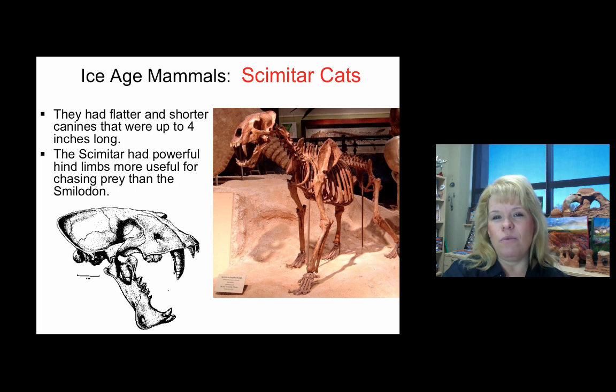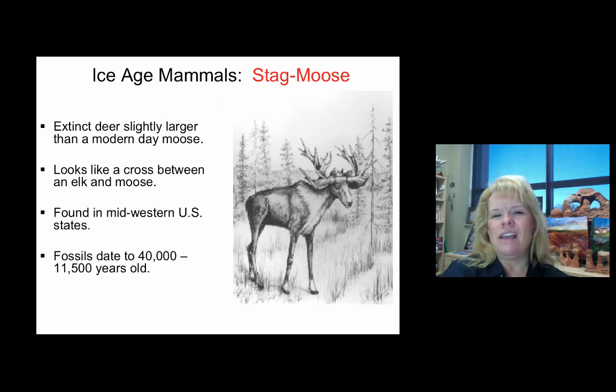This guy was more like a cheetah. It had powerful limbs that were used for long distance running and chasing down prey. So you have to imagine that cheetahs and leopards in the wild had that ability, especially cheetahs. These guys would have been the cheetahs of their time. So their canines don't get as long, about half the size. Nevertheless, they're just super cool animals, and they definitely are found here in Texas.